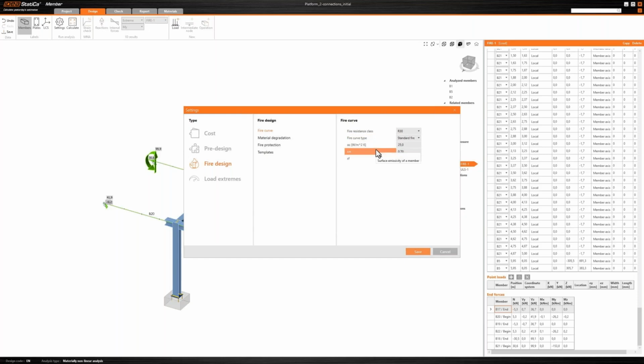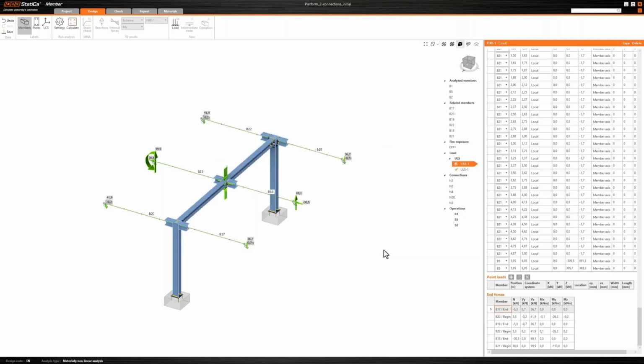Then move to the fire protection and make sure that this is deactivated. And lastly, again, we also have some options for the material degradation. We're saving this and moving to the next essential step,